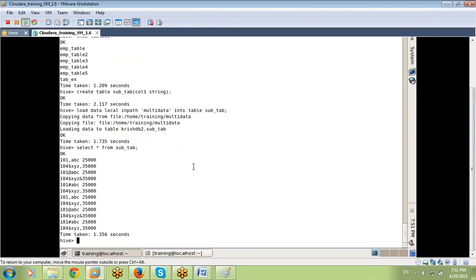What do you mean by structured table? In our input data, how many columns are there? Three columns. For example, my client asks, Krishna, give me a report: how many employees, what are the employee IDs and what are the salaries? He's not asking for the middle column. Or he asks, can you please give me the employee names and their salaries? He's not asking for the first column.